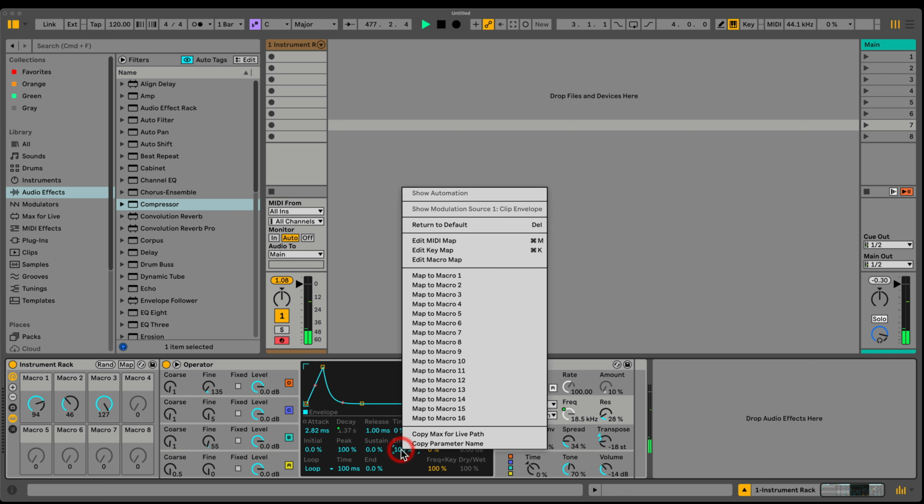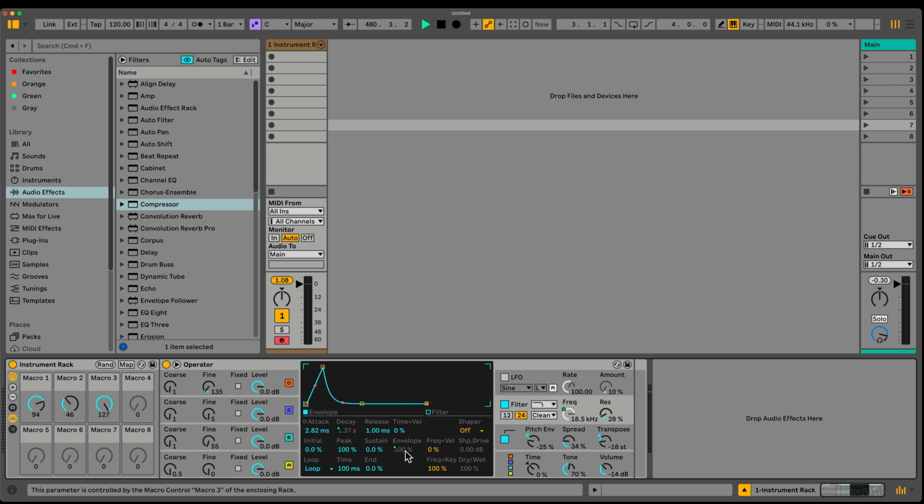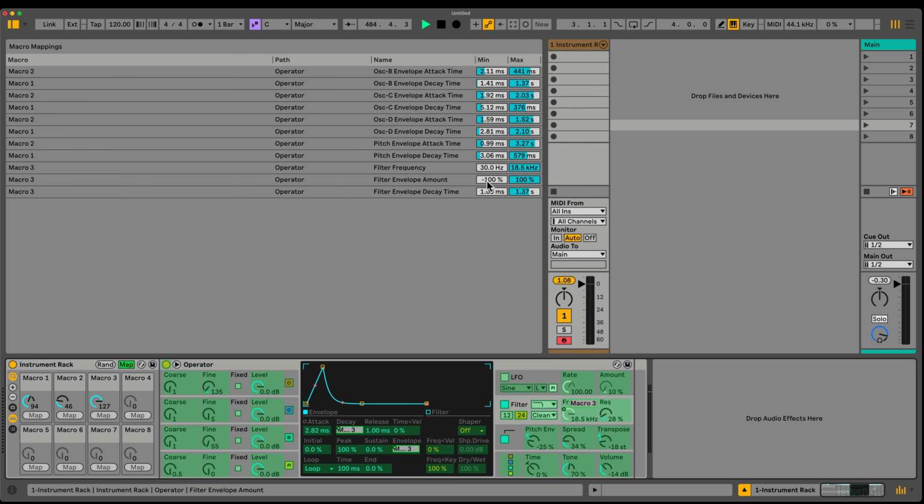You could probably even do this to where it's turning the envelope down. So the amount that is being sent to the filter from the envelope, we'll turn that down as everything else is going up. So what do we want? We want this at 100 and this at 0. So now